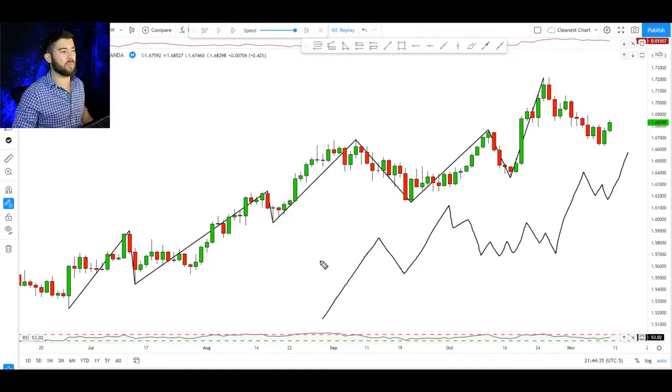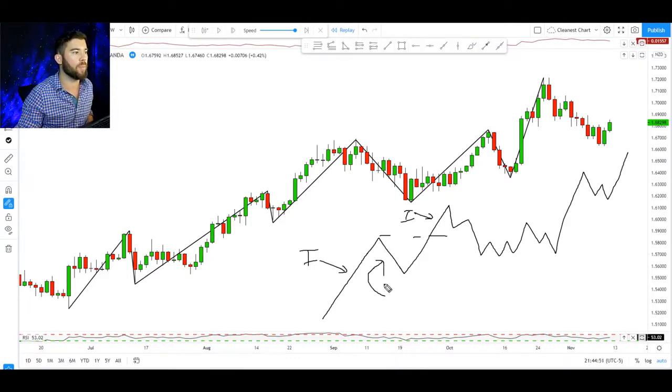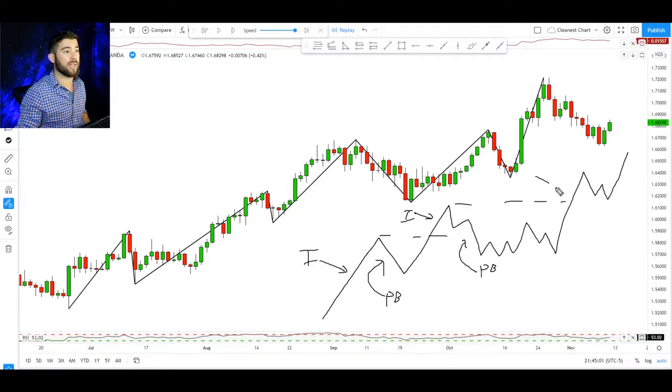What we have in a trending market are impulsive moves. That is the big moves that break into new highs. Right here is our impulsive move. I'll label those with an I. These are the impulsive moves. After an impulsive move, the market takes a breather. We call that our pullbacks. These are our pullbacks in price. This would be a pullback, followed by our next impulsive move that breaks a high right here, impulsive move,